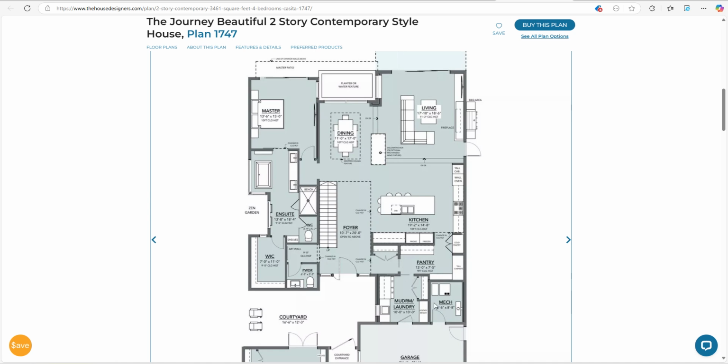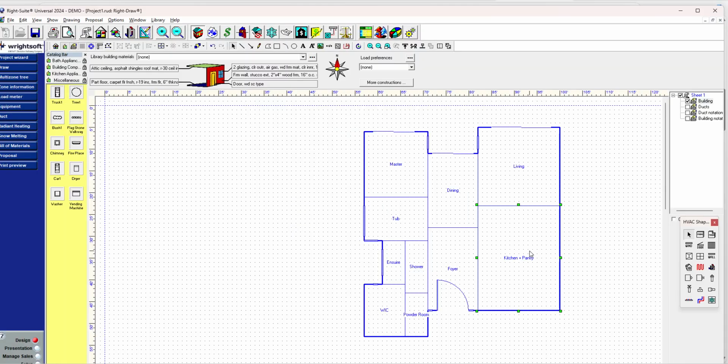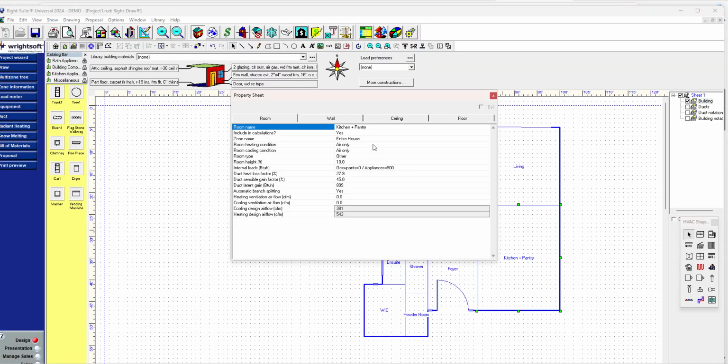It's possible, especially because they've got cupboards here. I will say that's going to make for quite a dark kitchen. It's going to rely on a lot of electrical lighting. Now, because this is a kitchen, we need to go in and specify some of the room details,